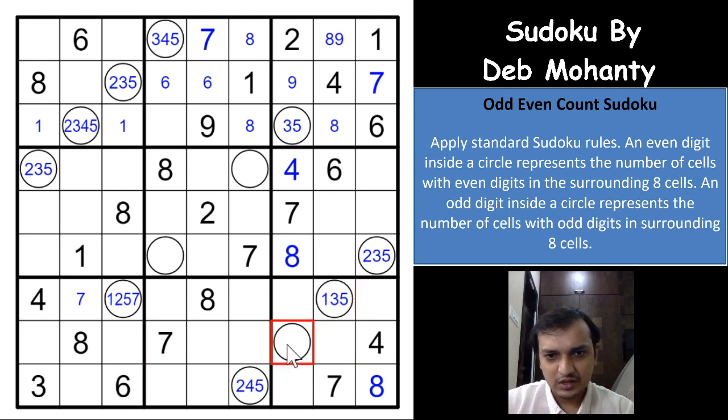Excellent. Let's see this. 9, 8, 7, 6. 6 is possible, yeah. 5, 3 and 1. So 1, 3, 5, 6, right? These are the possibilities. Yeah, so these are the possibilities. And with that, let us see if we get anything else.